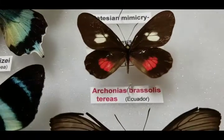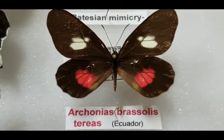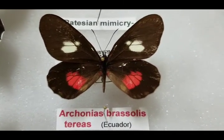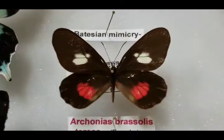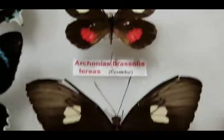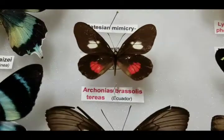And this up here is not a swallowtail. It's not even related. It's a completely unrelated butterfly family. It's almost like our cabbage butterflies here. It's sort of like one of those in that same kind of family. I believe it's in the peerage. But check it out. It mimics it. Now, both of these are also toxic. It's important I point that out. Okay? They're both toxic. And they use that same pattern, and the animals recognize it, and the predators leave them